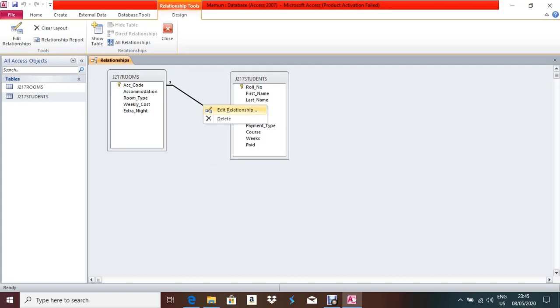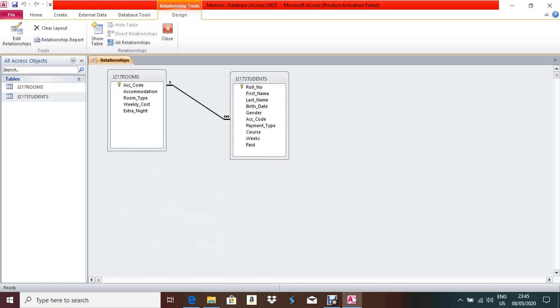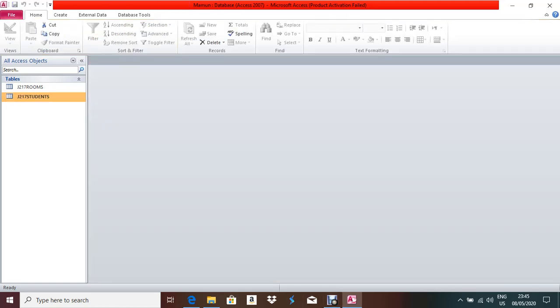And you have to show another screen also, this one. So your evidence document should contain these two screens, otherwise the examiner will reduce your mark. Ctrl S, Ctrl W, save and exit.